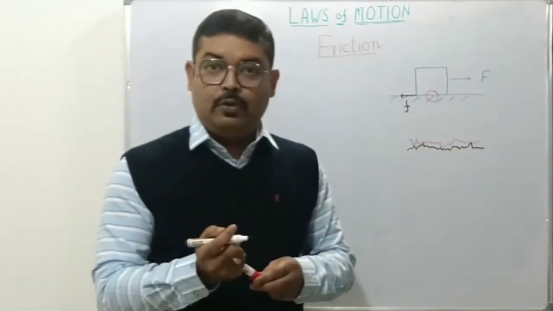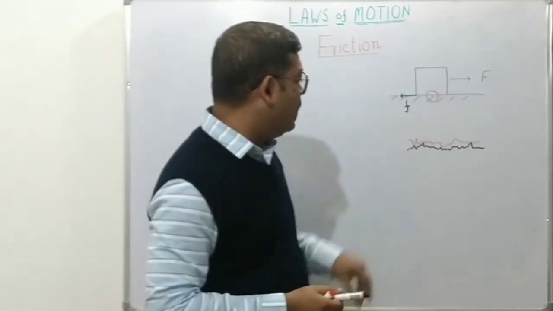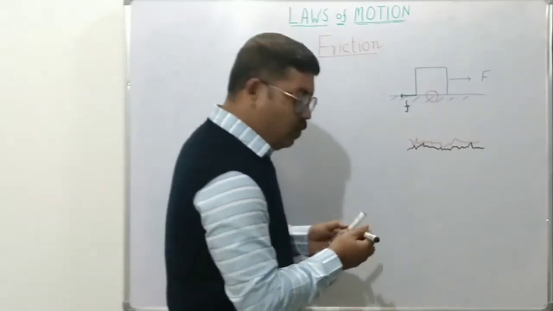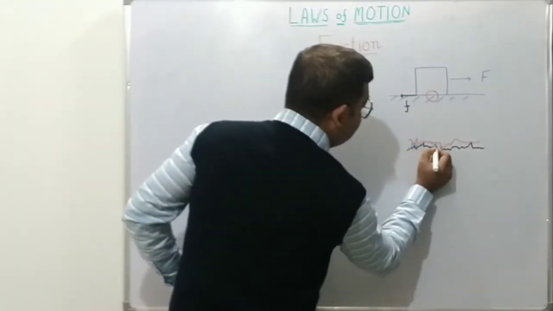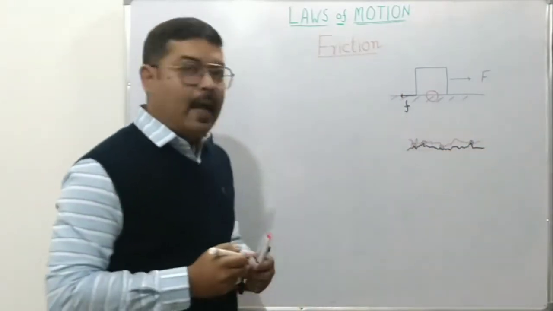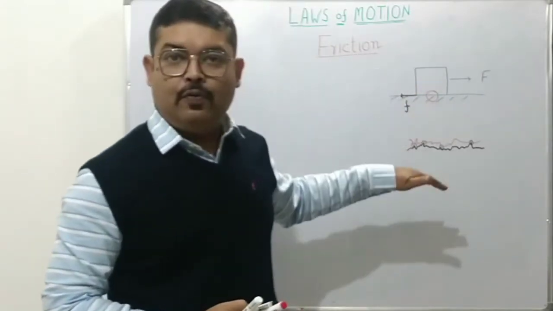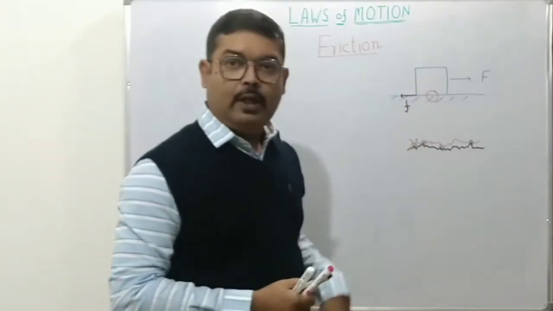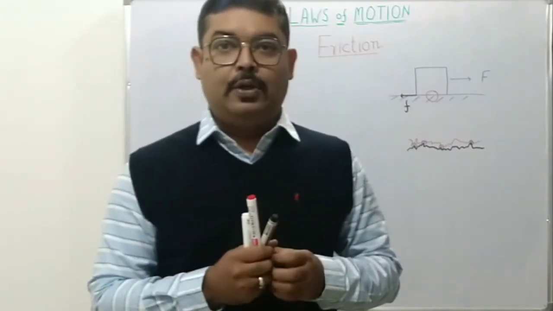Under strong microscope. So what is happening here is that even if the surface is very large, there are very few points of contact between the surfaces. And because the object itself is very massive, there will be a huge amount of force due to gravity acting on it. So at these small points of contact, there will be a very huge pressure.